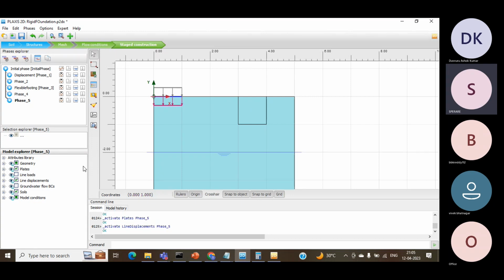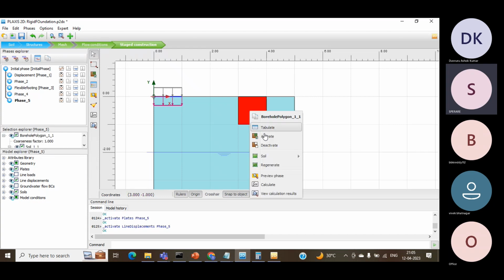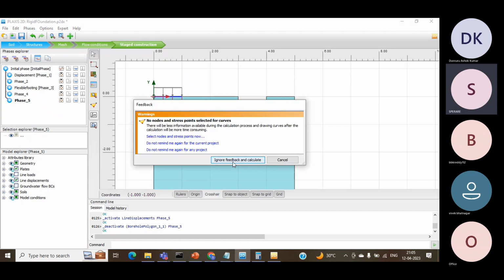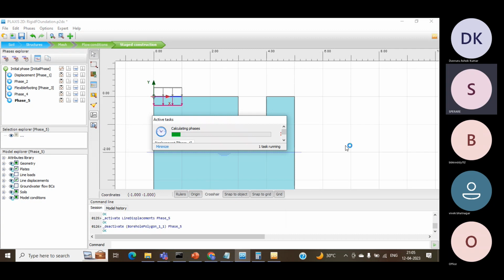Then I would like to click on this one, right click and deactivate. This is where you are doing an excavation. So now I have cut this particular part. It is rotating 360 degrees, so around the circle you are digging this. A circular portion around this particular foundation, you are digging. Annular. Now when you just go and run this particular solution,